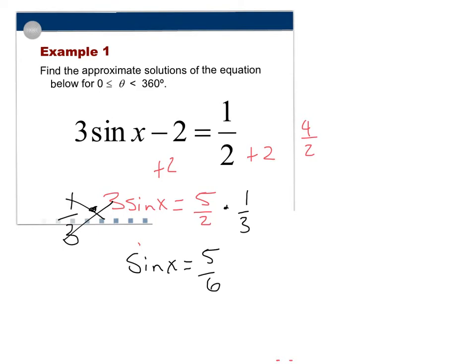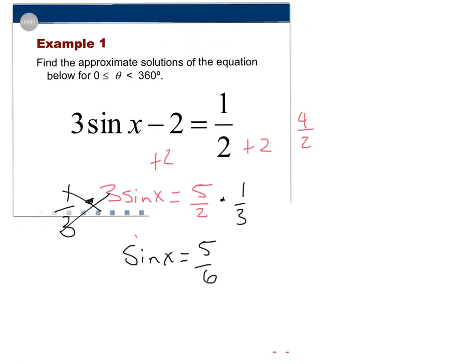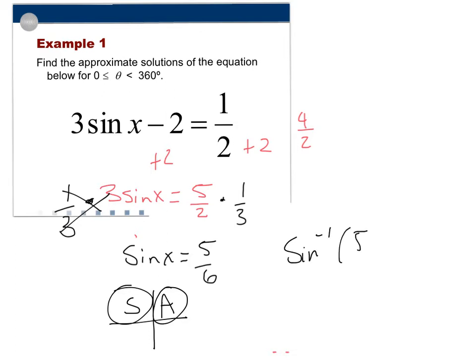Because it's not a special trig value, I need to use my calculator and use sine inverse. But the other thing that we have to focus on is that I have 2 quadrants in which sine is positive. So I need to find a first and a second quadrant angle. So I need to find all solutions of theta between 0 and 360. So I do the sine inverse of 5/6,